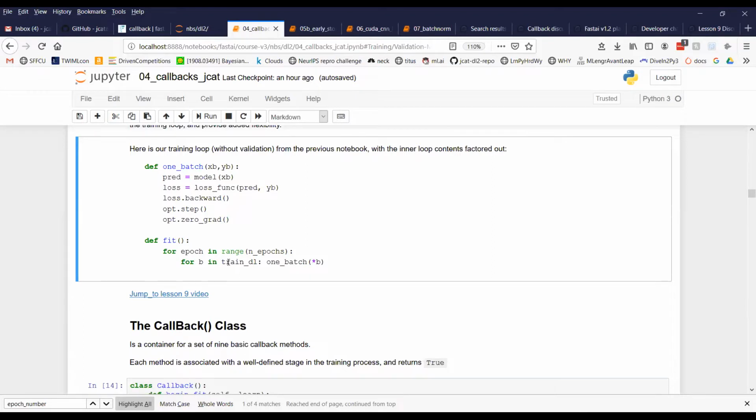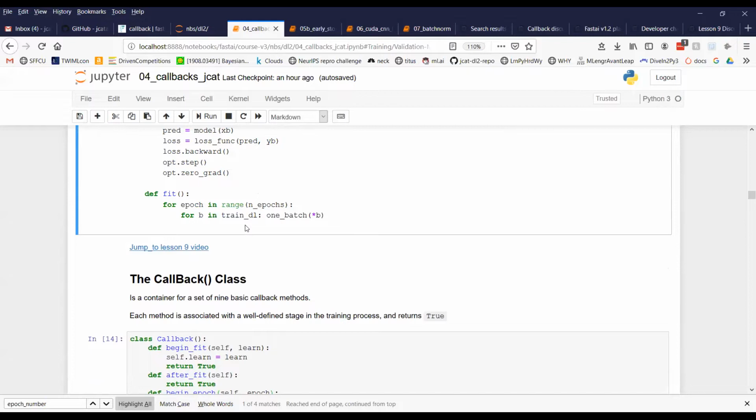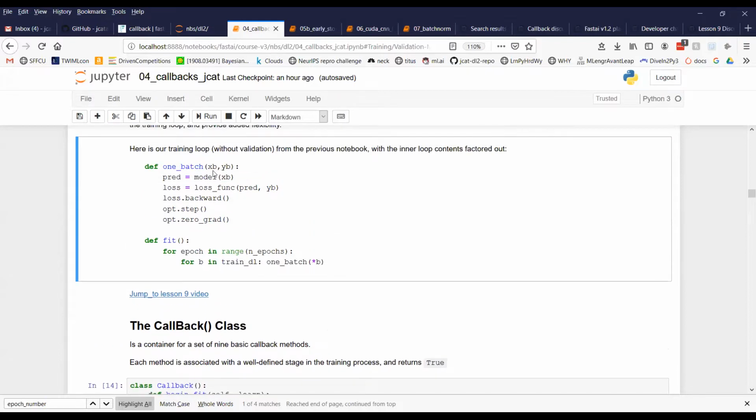It runs through all the batches and executes one batch for each batch. So that's what our training loop looks like now. But we're going to introduce this callback concept so that we can do stuff at any stage in here that we want to, so that at each stage of this process we can maybe execute some code or get some output or look at the state of our